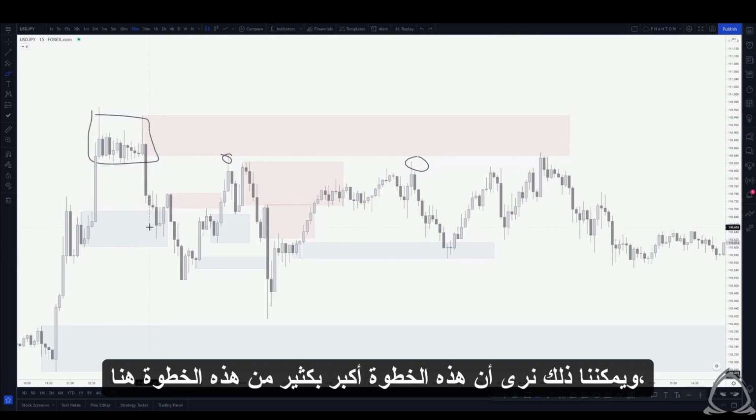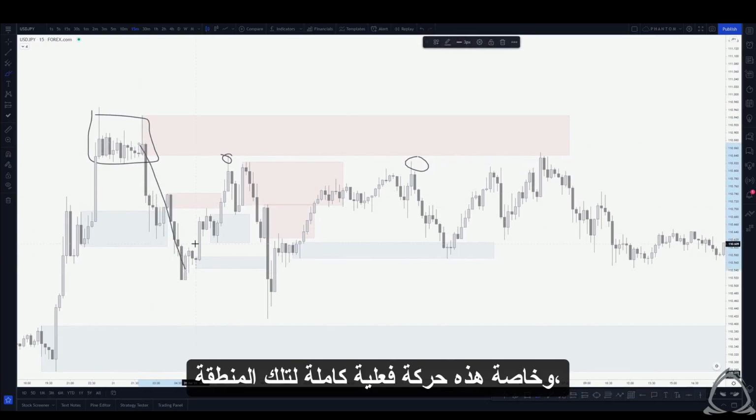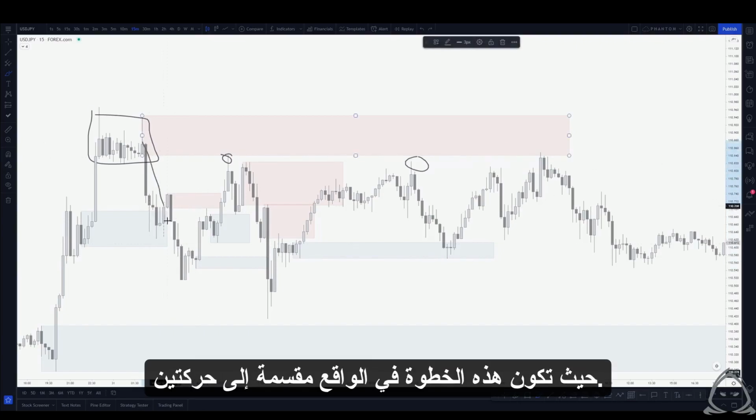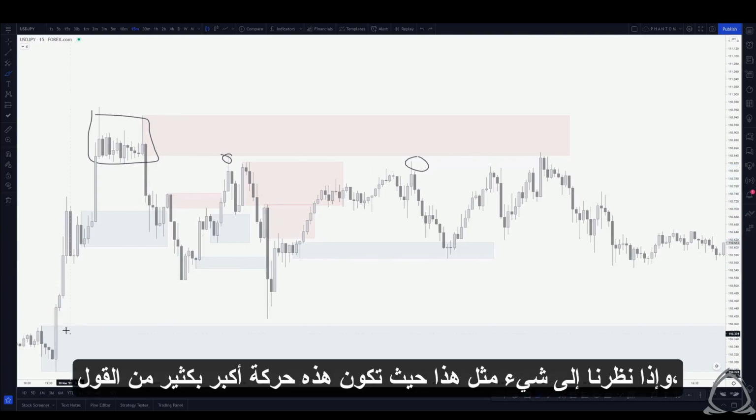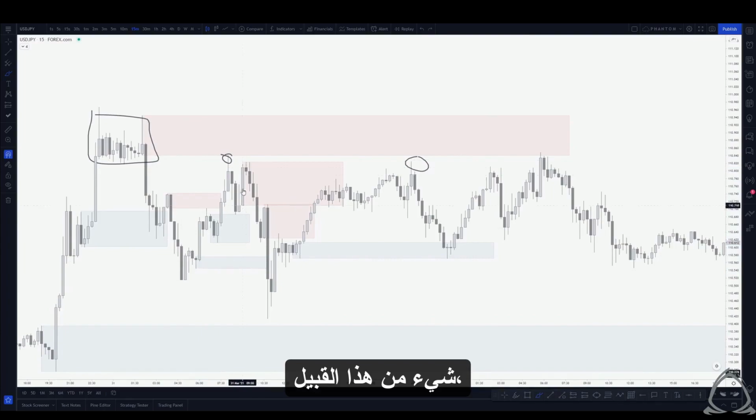And that's why not all moves are said to be equal, in which we can see that this move is much bigger than this move here, and especially this is an actual full move of that zone, whereas this move is actually broken into 2 moves. And if we look at something like this, where this is a much larger move than, say, something like this,